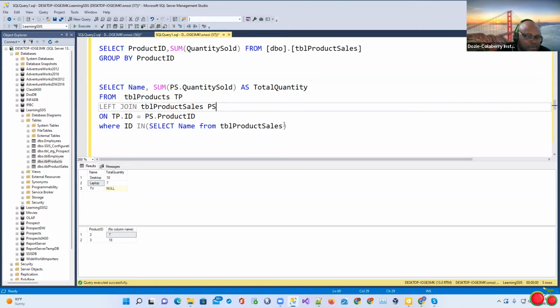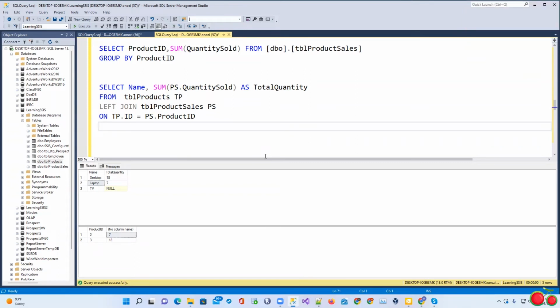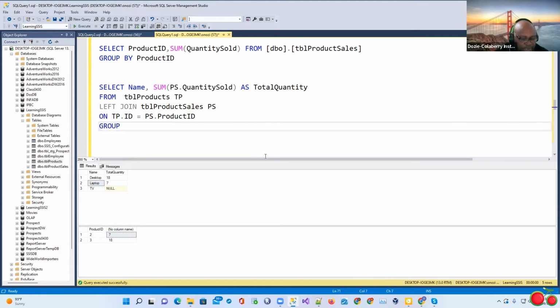So here, this is not needed, correct? Group by is needed here, group by name. So again, you need to know when to apply group by, correct? So then you can say order by